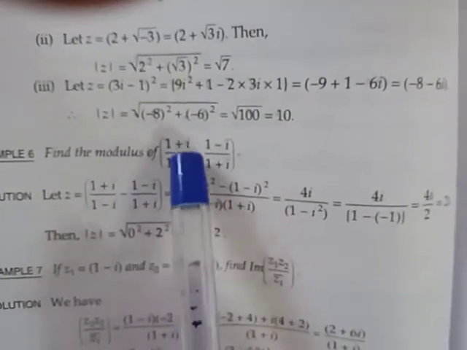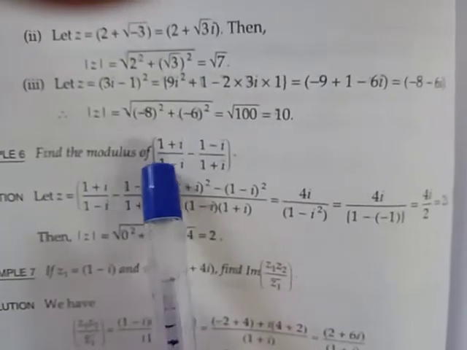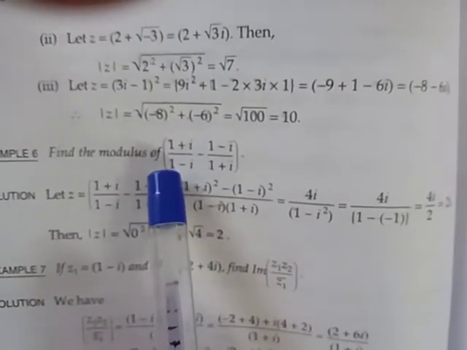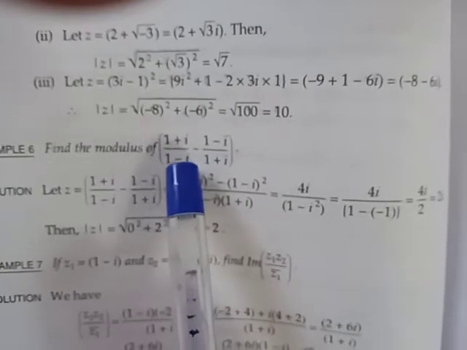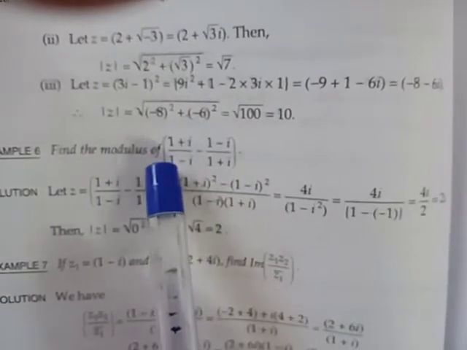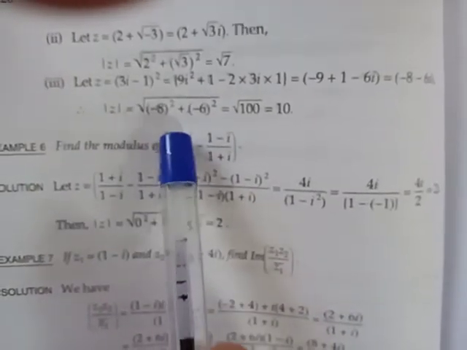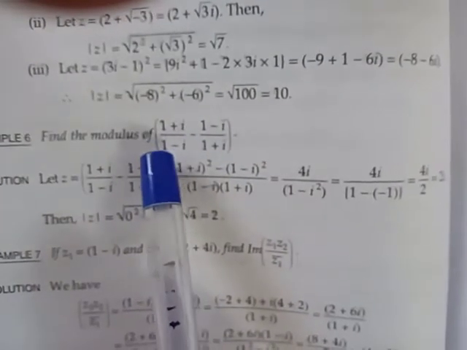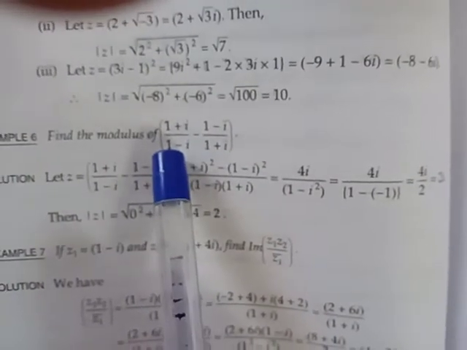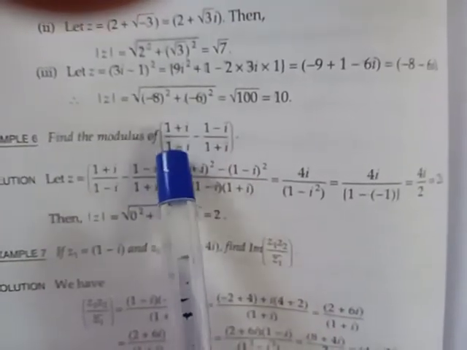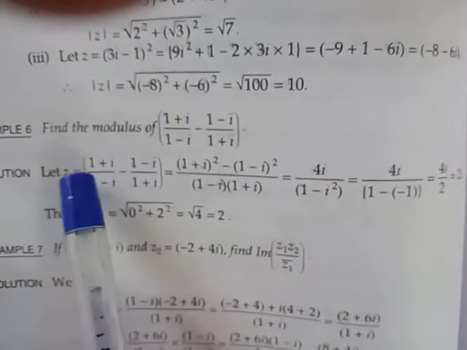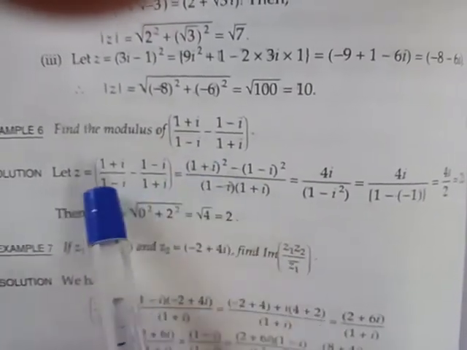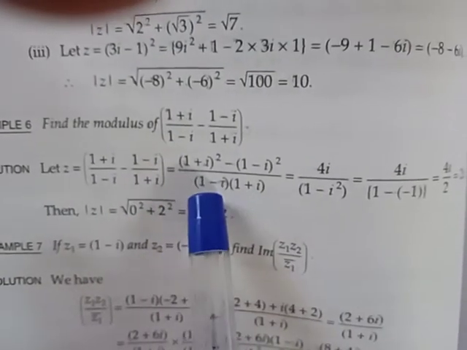So first we will take this part and work on it. (1 plus i) divided by (1 minus i). I already discussed with you that in the denominator we will not have a complex number. We will try to convert it into a real number by multiplying numerator and denominator by the conjugate of the denominator. Here the conjugate of the denominator 1 minus i is 1 plus i. Hence numerator and denominator should be multiplied by 1 plus i. That is what is done. If you observe it, (1 plus i) whole square divided by (1 plus i)